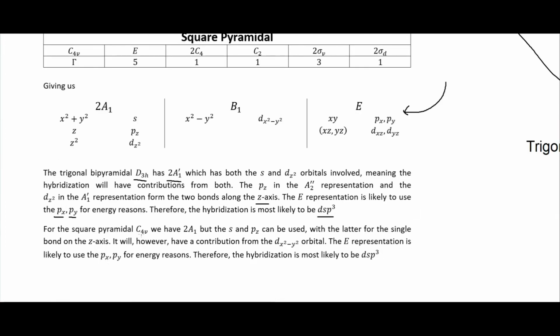So for the square pyramidal, which is the C4v, we have the 2A1, but the s and pz, one of those can be used, with the latter for the single bond in the z axis. It will, however, have a contribution from this dx squared minus y squared orbital. The E representation is likely to use the px and py for energy reasons, and therefore we are most likely to again have this